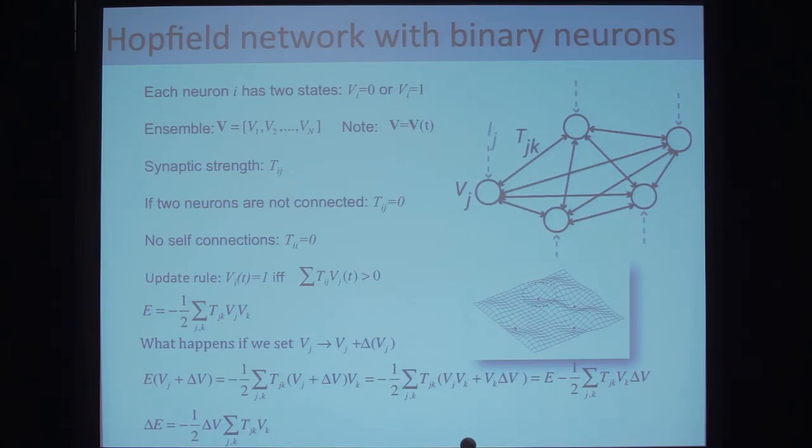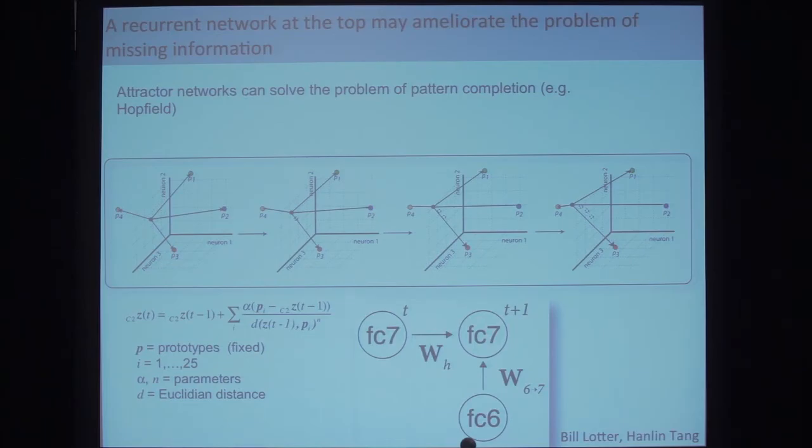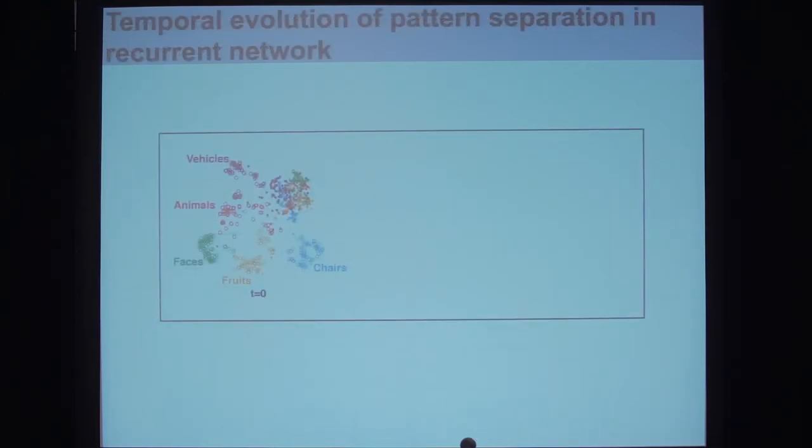It turns out that there's a very nice and old literature on Hopfield networks. These are networks that are interconnected in an all-to-all fashion and can perform pattern completion extremely well. So taking inspiration from these ideas as well as from the behavior and the physiology, what Lotter did essentially was take the upper level of AlexNet and add recurrent computations at that level. So he added all-to-all connectivity and retrained the network to learn those weights in order to try to recognize heavily occluded objects. So I'm going to go through this very quickly in the interest of time.